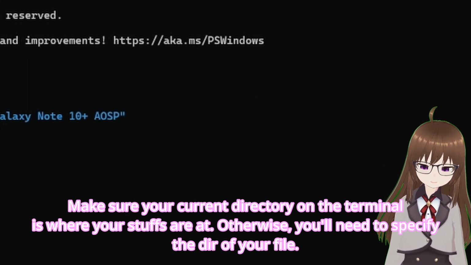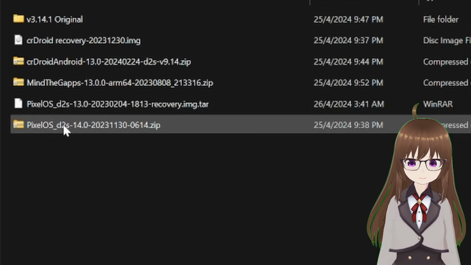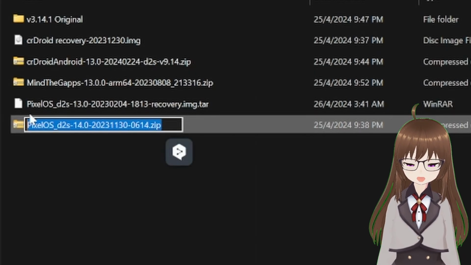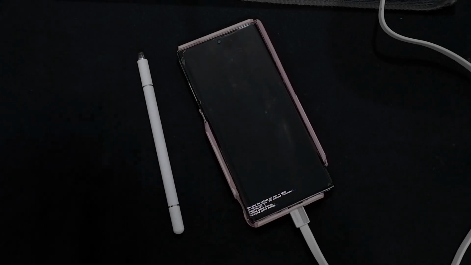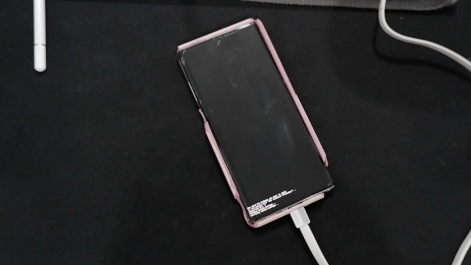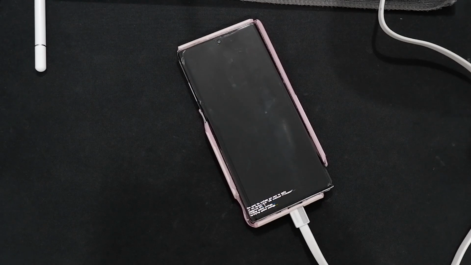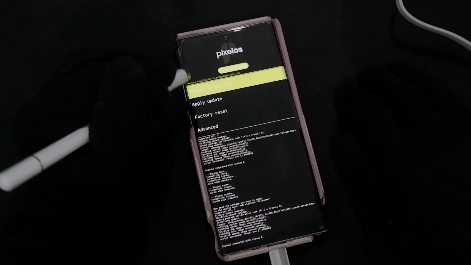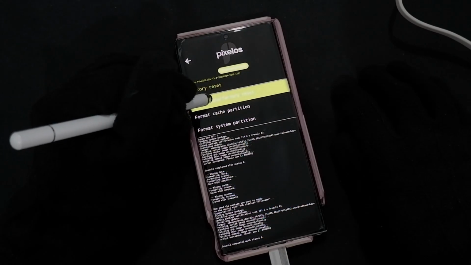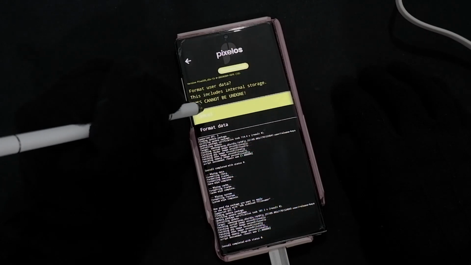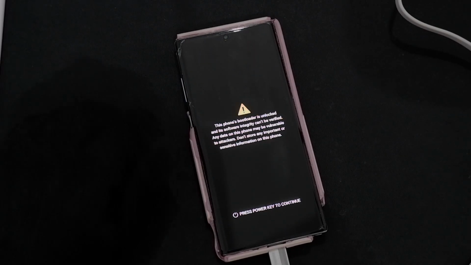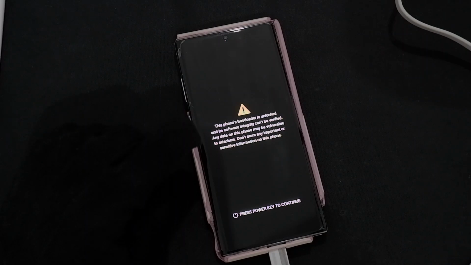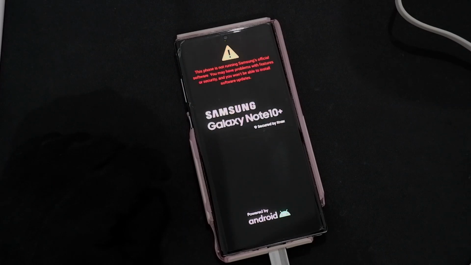And what we wanna do is type adb sideload, and we gotta copy the firmware file name in its whole, including the zip file, including the zip, and paste it in, and press enter. This should ship the ROM file into the recovery, and that should be our first step into a brand new operating system. Alright, once that's done, we're gonna press factory reset once more, but this time only factory reset format data. And then, finally, we can reboot. Now every time we boot, it's going to give us the warning of the bootloader being unlocked, but we need to keep it unlocked considering how we're using a custom OS that is well outside of Samsung's own operating system.